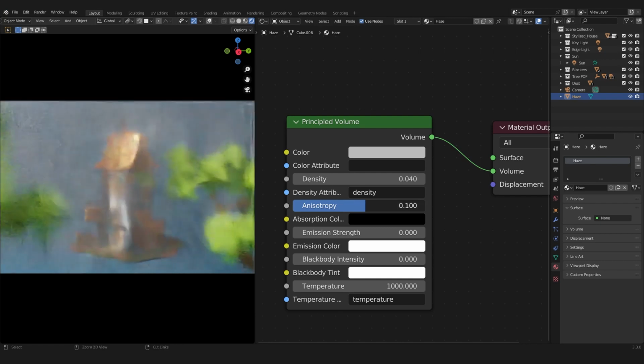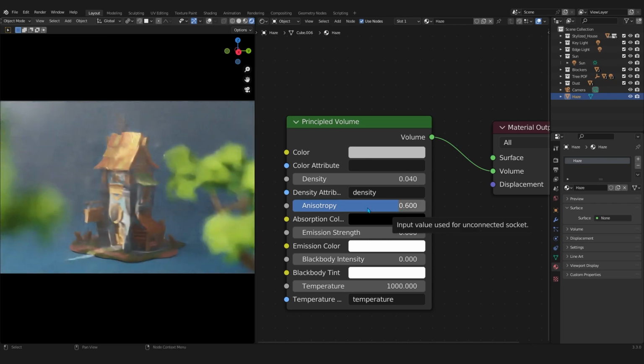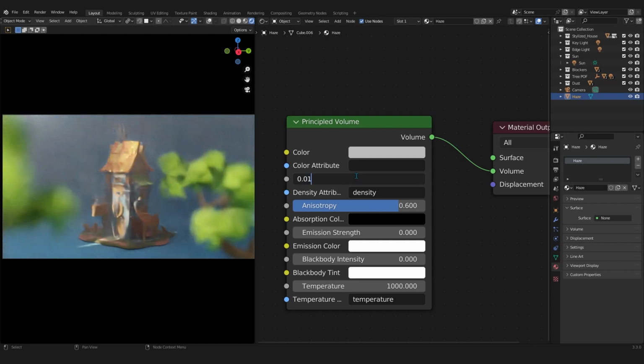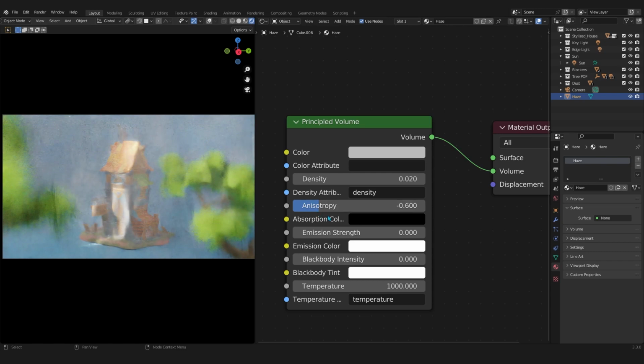So I'm holding down Control and move it around, 0.6. And you start to see, even I want to play around with the density, or maybe we set it to around 0.02. And let's set it to a negative value. So when we set it to a negative value, we actually see in those places which we see the most of our light source, more anisotropy effects. And when it's 0, it's actually totally uniform scattering,